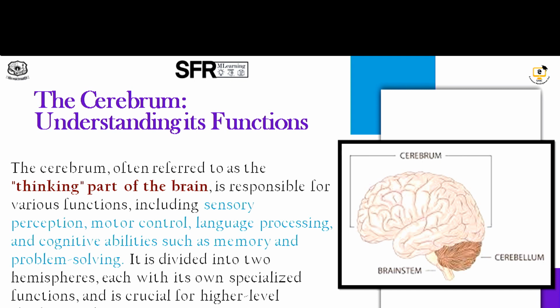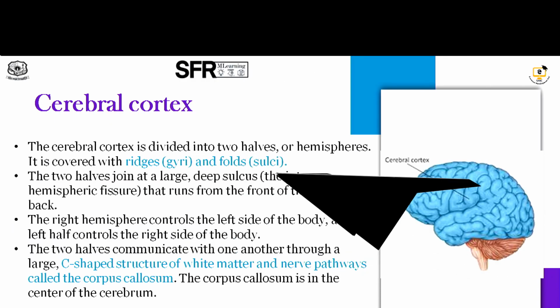Your cerebrum has subcortical structures also. They are the internal structures of the cerebrum, which include your limbic system, thalamus, and hypothalamus; that will be dealt with later. Your cerebrum is the large brain. Your cerebellum is known as your small brain, and the cerebrum is known as the large brain. Your cerebellum has an outer covering called the cerebellar cortex. Now the cerebrum also has an outer covering called the cerebral cortex.